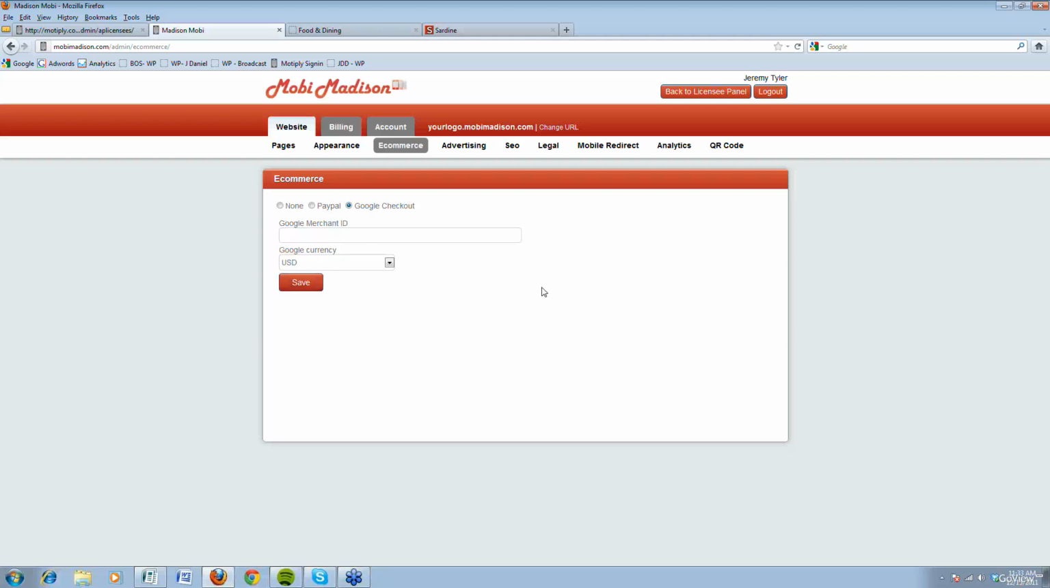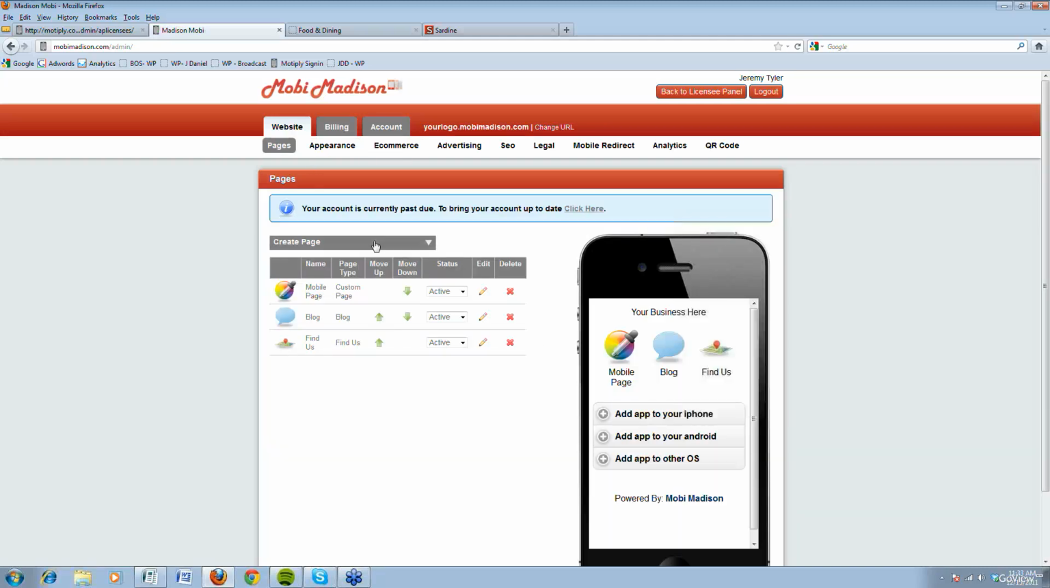Google Checkout, we couldn't integrate the shipping. It didn't really work. So then what you do is when you're creating a page,